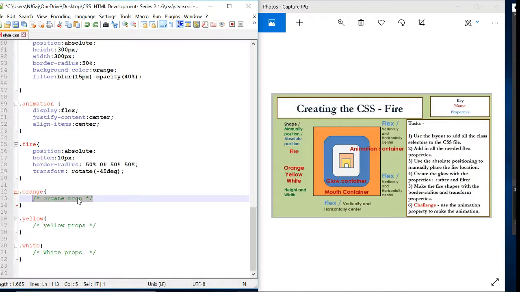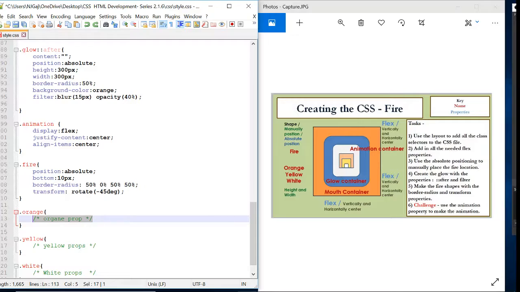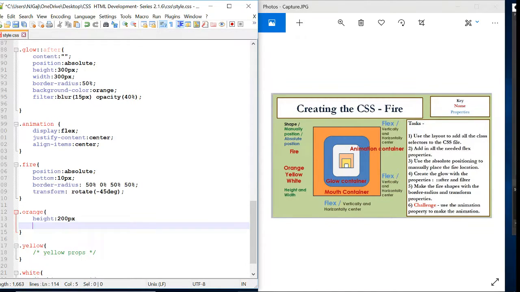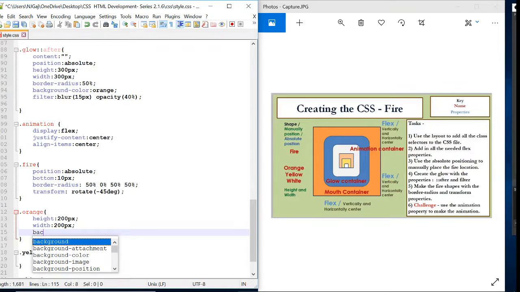So let's look at orange. Because the box that we've put it in, the main box, is 300, we don't want it to be bigger than that. So let's put it as 200. Width the same, let's put it at 200. Let's put the background color as orange,